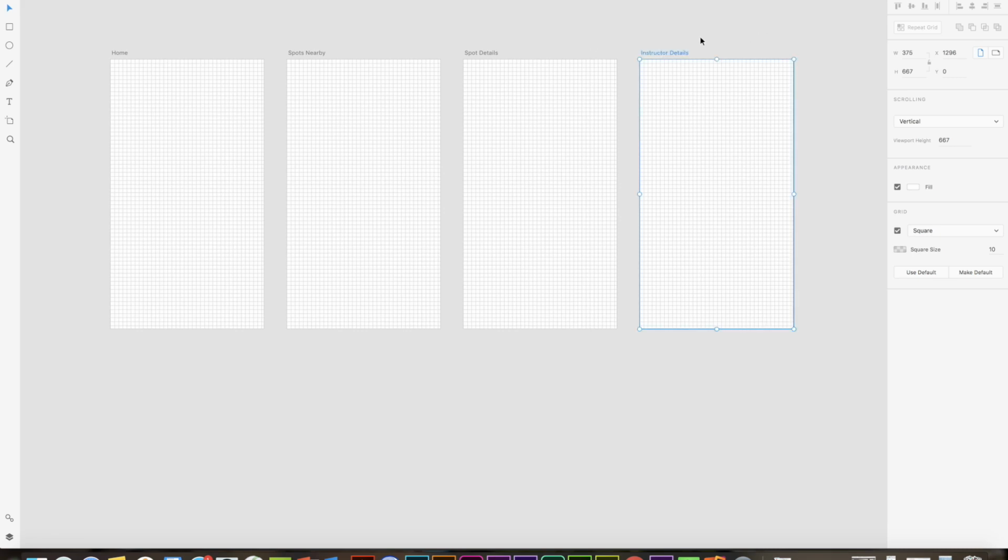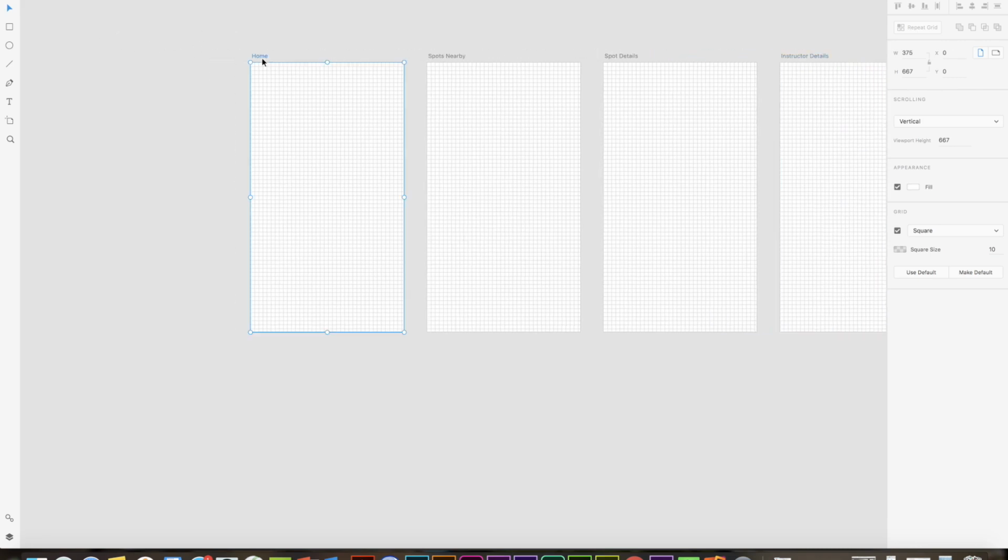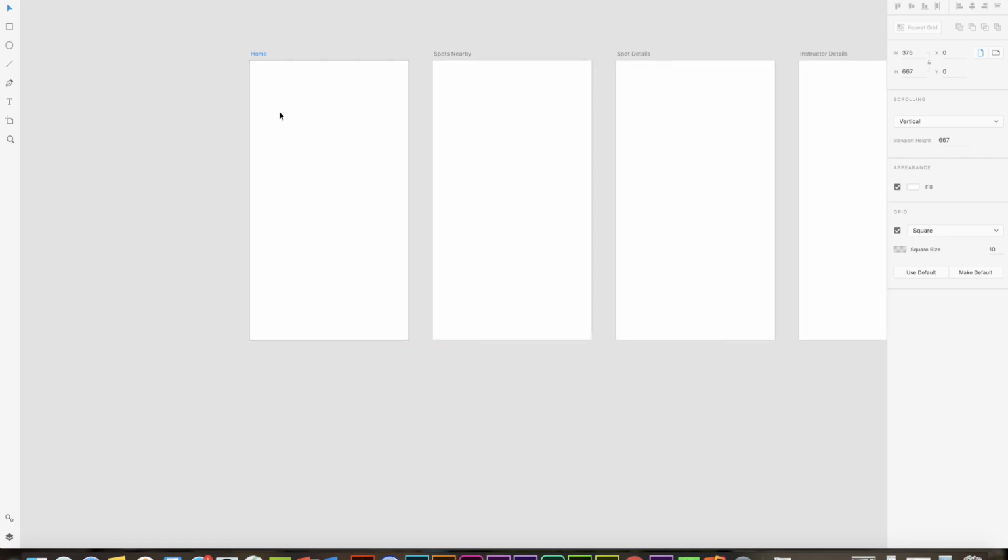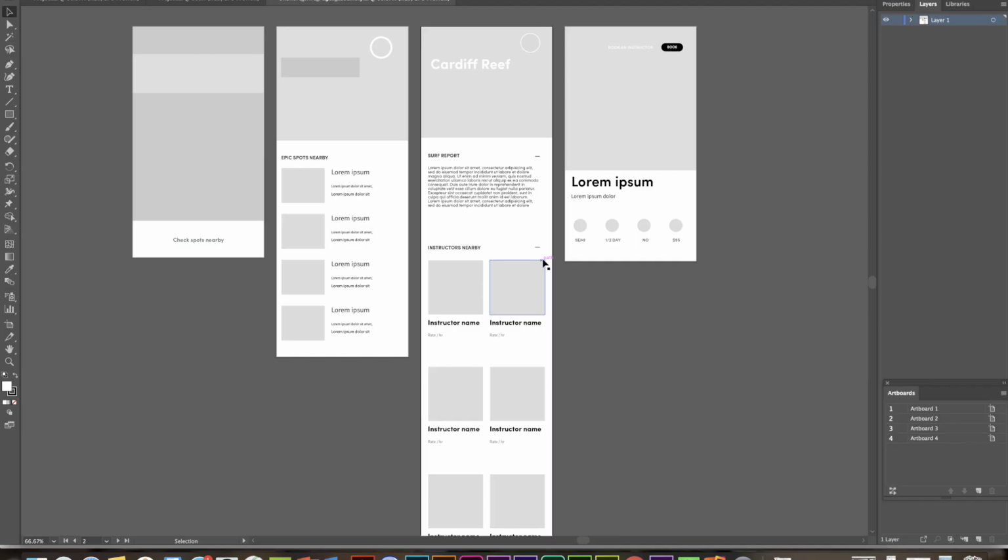Okay, and I also need an instructor booked page, but I'll just duplicate this one because they're very similar. Okay, so let's come back here, and I'm going to head into Illustrator and select all of